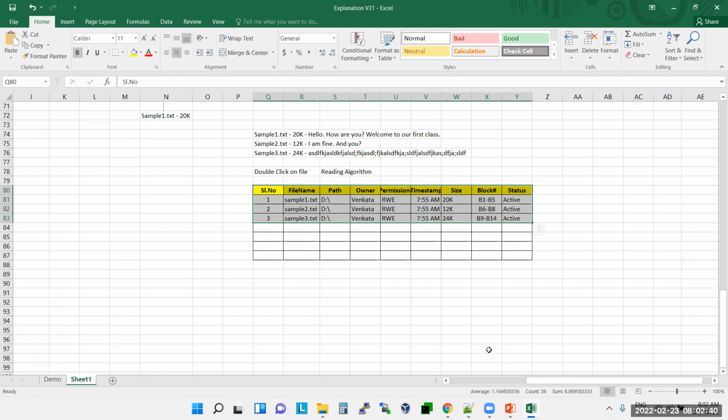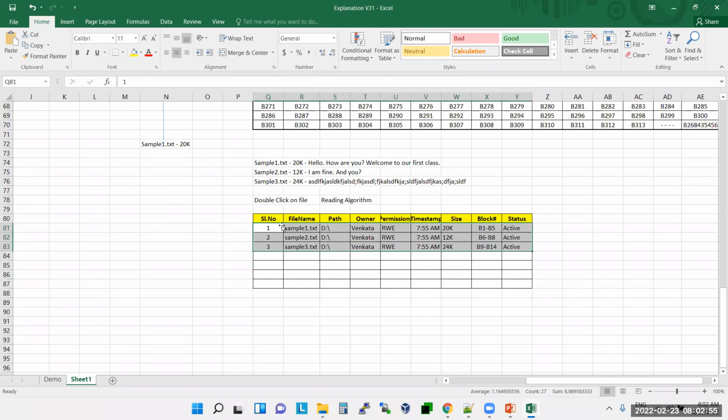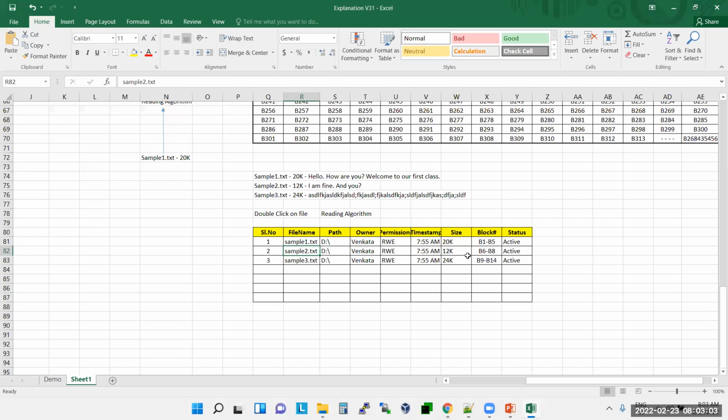So first of all, can I make this table in some other hard disk? No, I cannot put this in some other hard disk. Correct or not? So I cannot put it in some other hard disk. So it means this table should be inside my hard disk only. Then only it will be easy for me to read it. Yes or no? So that's the reason.